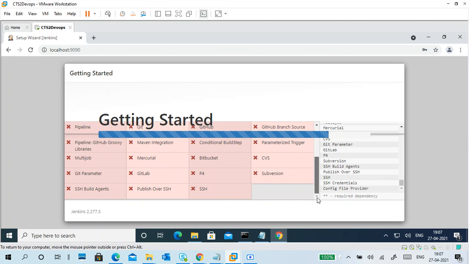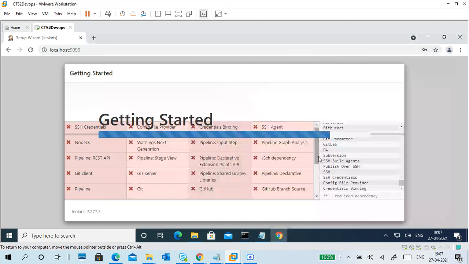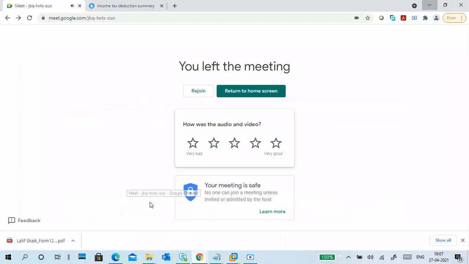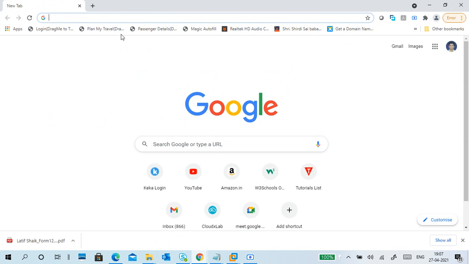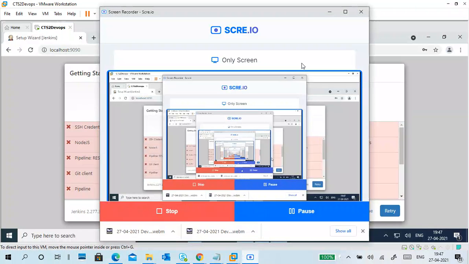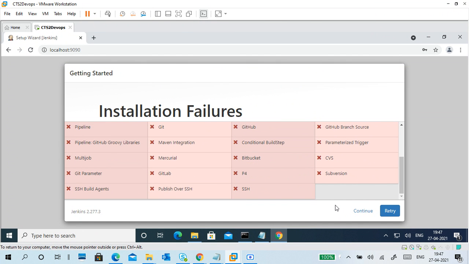It will take time. Okay, you can continue, or you can go for retry, or you can do it again.